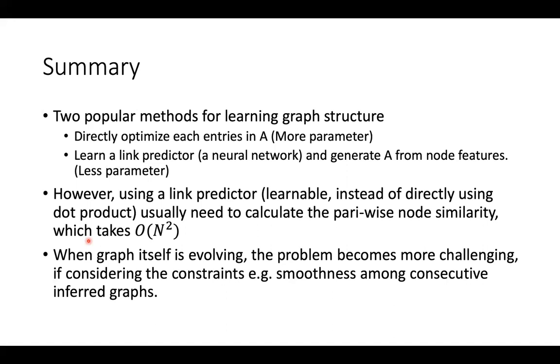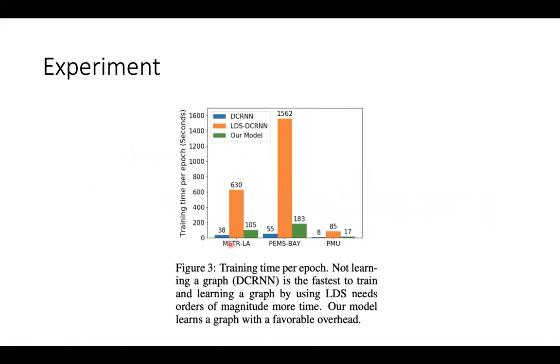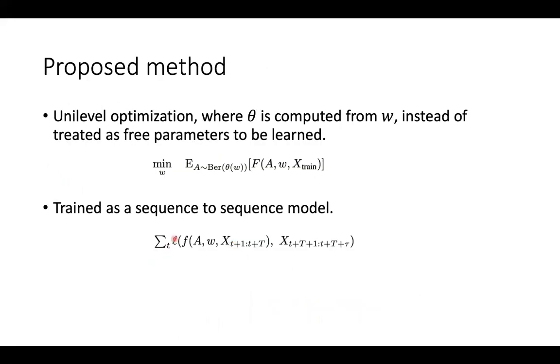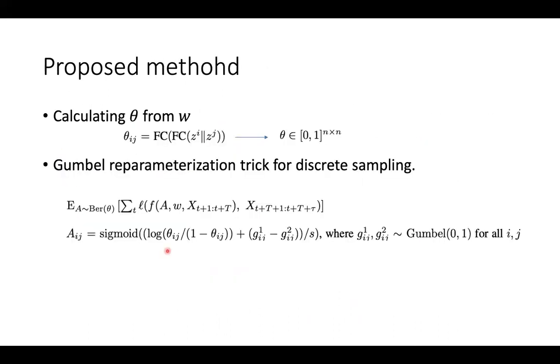And why I raise this question is that if we consider the graph itself is evolving, the problem will become more challenging. If we go back to the training time for each epoch, here the training time for each epoch is just that, because the graph structure is assumed to be constant across all the t time steps. So essentially for all this t, we only do the inference for graph structure once. And the time consumption is already larger